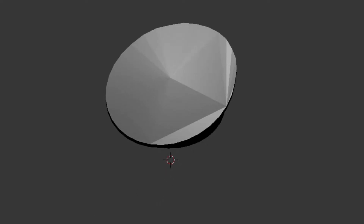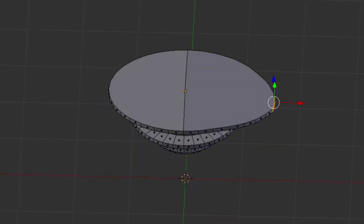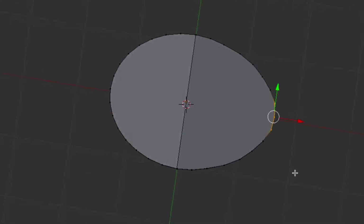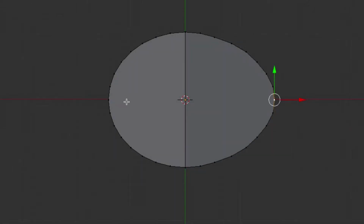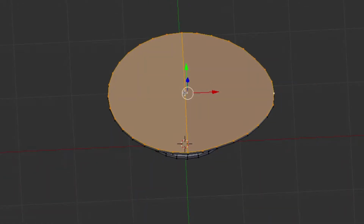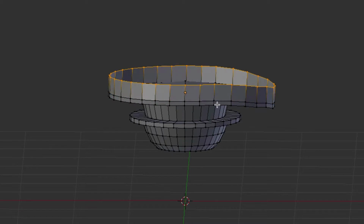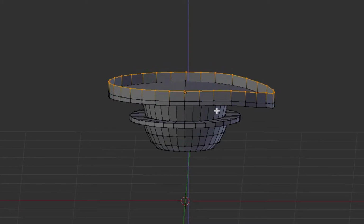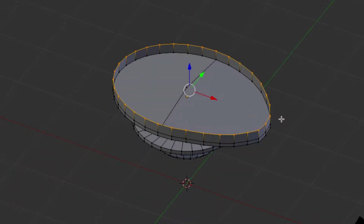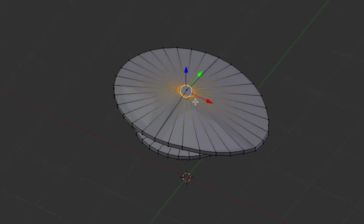Let's bring this back into solid so we can work in it a little bit easier. First thing we're going to do is go to vertices select and click on one of those, 7 for the top view, and we're just going to select these top vertices, right? And we're going to deselect, holding shift, the center one. Okay, we're going to press E for extrude, then Z, straight up just a little ways, so no big deal. And then we're going to scale it in towards the center, kind of centered around that last